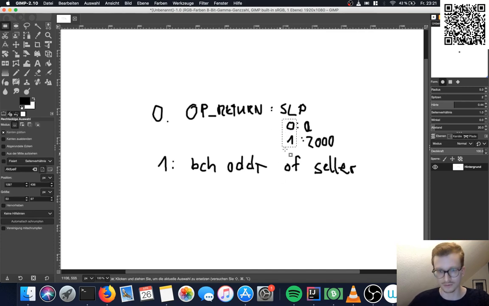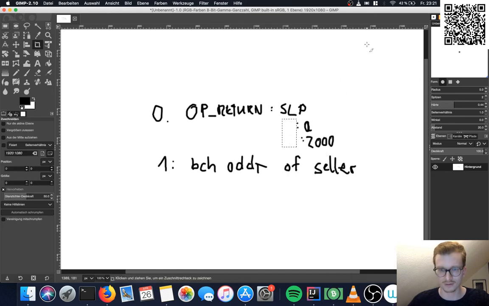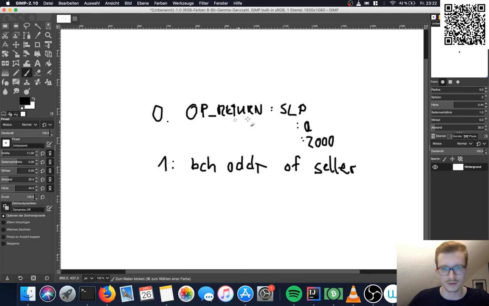Let me just fix this real quick. Okay, and change them to 1 and 2. So this is the thing that is enforced by the contract. It says SLP and BCH address of seller.